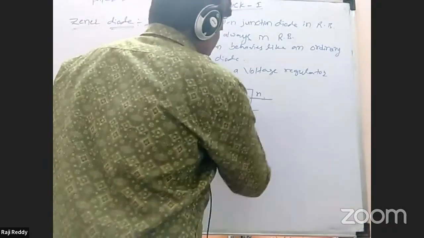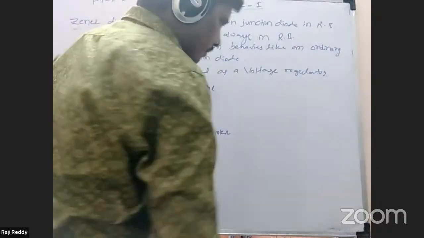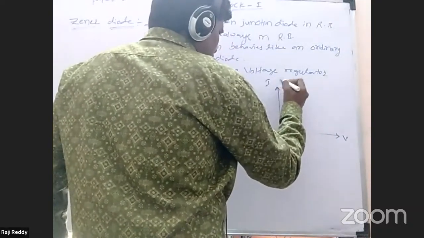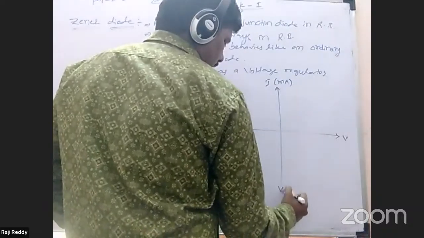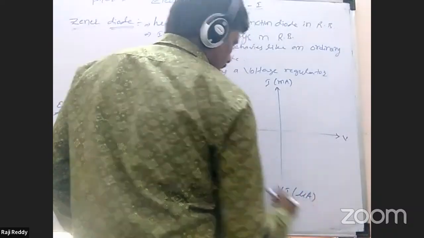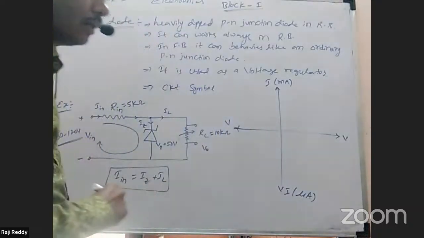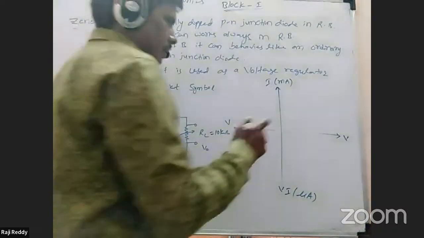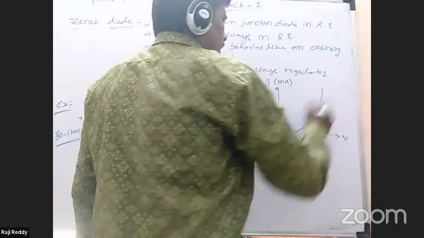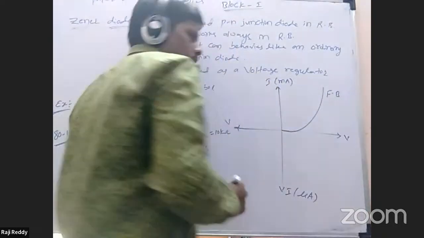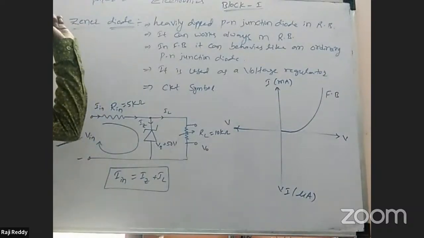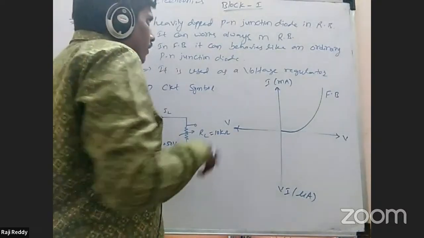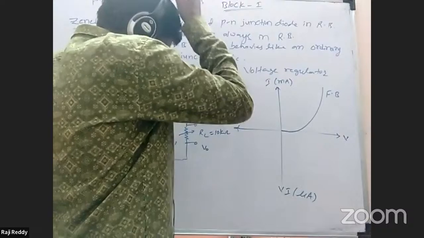This voltage-current graph I'm drawing here. Voltage values on the x-axis, current values on the y-axis. Current in milliampere on this axis, and in this axis current is measured in microampere. Here voltage V. We know the Zener diode in forward bias behaves like an ordinary PN junction diode, similar to the PN junction diode characteristic graph in forward bias. In reverse bias,